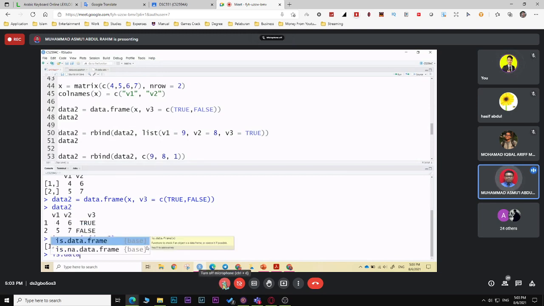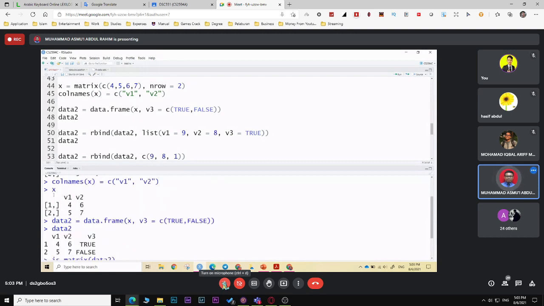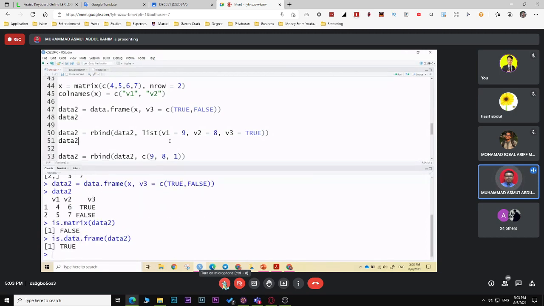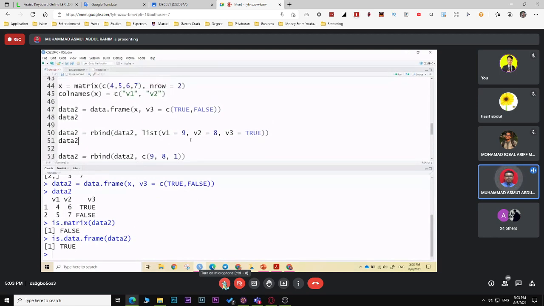Is data dot frame? data 2 baru you dapat true. Okay, so that's how you distinguish between matrix and data frame. Okay, right. So another way,